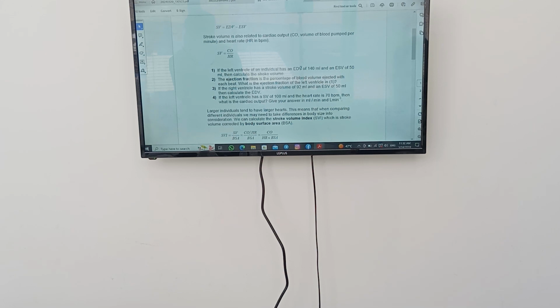The ejection fraction is the percentage of blood volume ejected with each beat. What is the ejection fraction of the left ventricle in question 1? So the ejection fraction is the percentage of the blood ejected with each beat. Remember when we said the stroke volume equals the cardiac output? So ejection fraction also equals